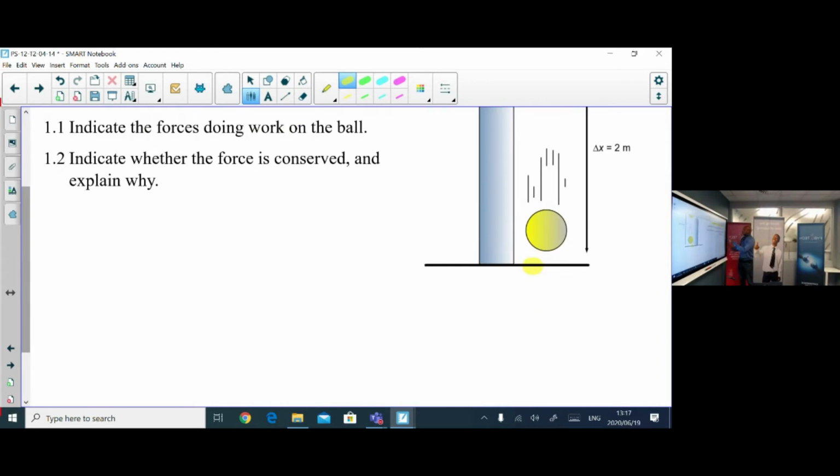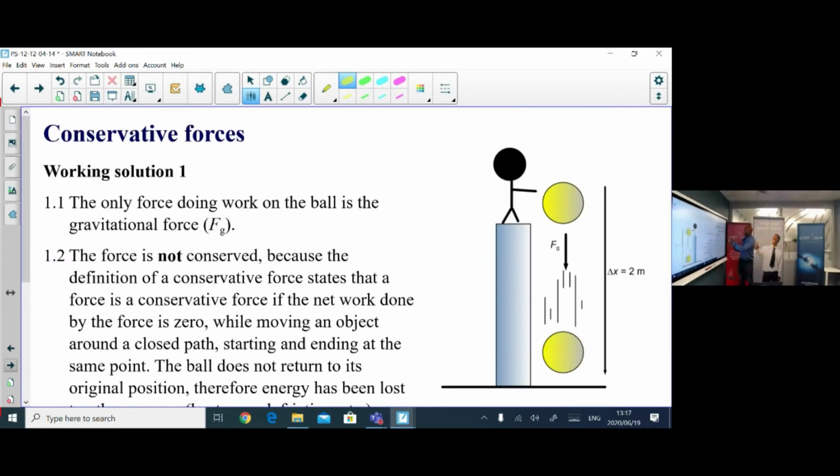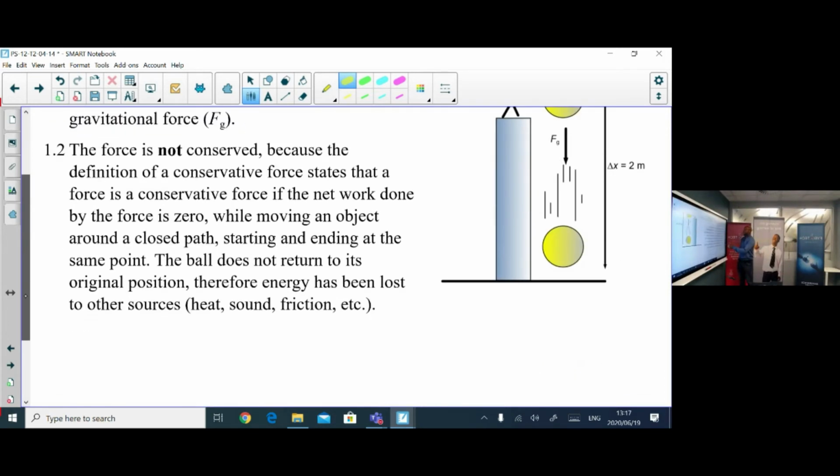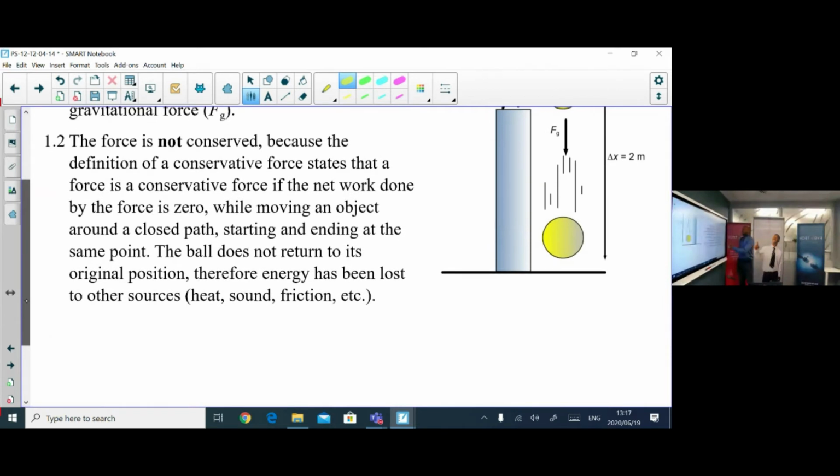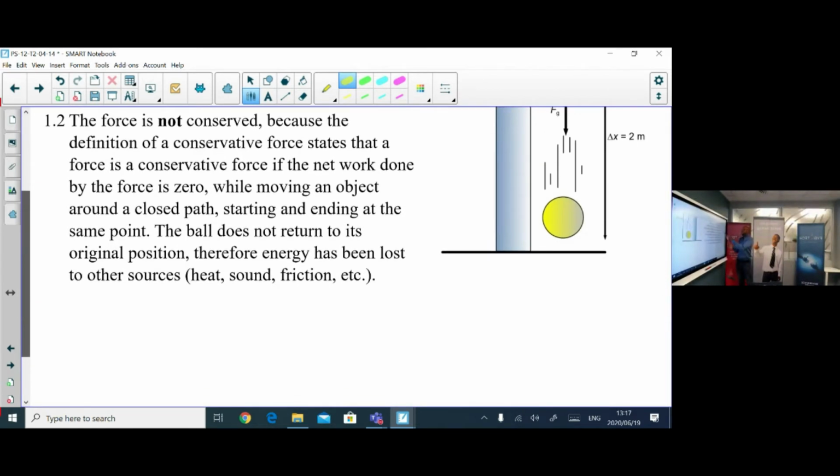If you can just look at that, it's going to be easy. Let me look at that. We have only gravitational force. That's what I was saying. The force is not conserved because the definition of a conservative force says that the force is conservative if the net work done by the force is 0 while moving an object around a closed path, starting and ending at the same point. The ball does not return to its original position. Therefore, energy has not been conserved because it went to other